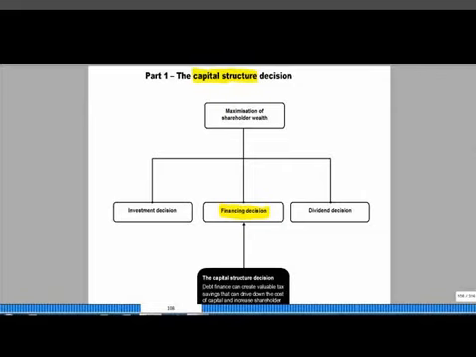In this chapter, we're going to look at a range of practical and theoretical issues that need to be taken into account when deciding on how to structure your long-term finance. This is a very important chapter, but it's equally important that you can apply the practical points that we're going to make at the start of the chapter as it is that you understand the theory. Both areas are very important for you to get your head around.